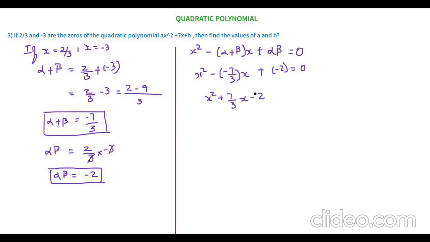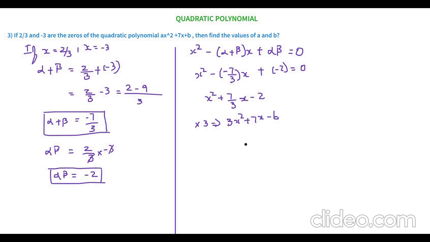So now since the equation is in fraction, I'm going to remove the denominator. So I'm just going to multiply the whole equation with 3, and I would get 3x square plus 7x